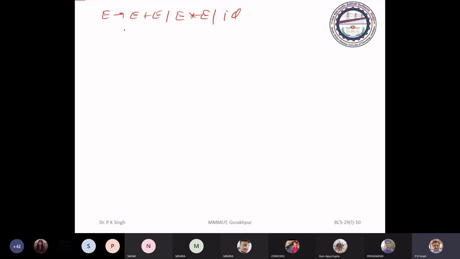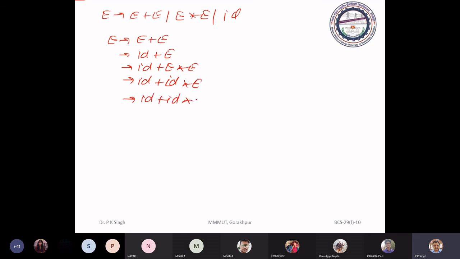So here you will get E plus E, ID plus E, ID plus E asterisk E. This is the first one, ID plus ID asterisk E, and here ID plus ID into ID.